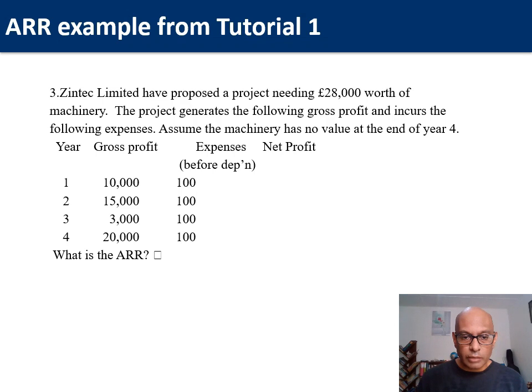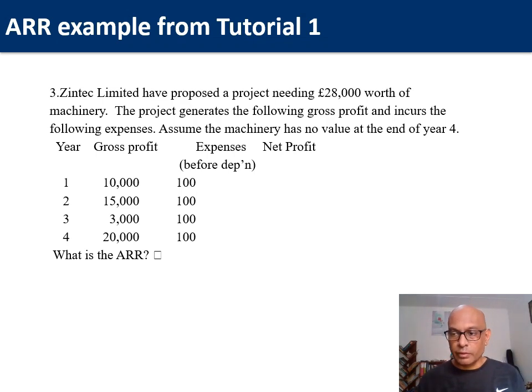And we are given some expenses, years, the year 1 to 4, and gross profit, and some expenses. So these are the profit figures, these are the expenses. We have to put the expenses within brackets, and also we have to deduct the depreciation. Now using this, we are going to follow the steps. First, we need to calculate the depreciation, then we are going to fill in our format.